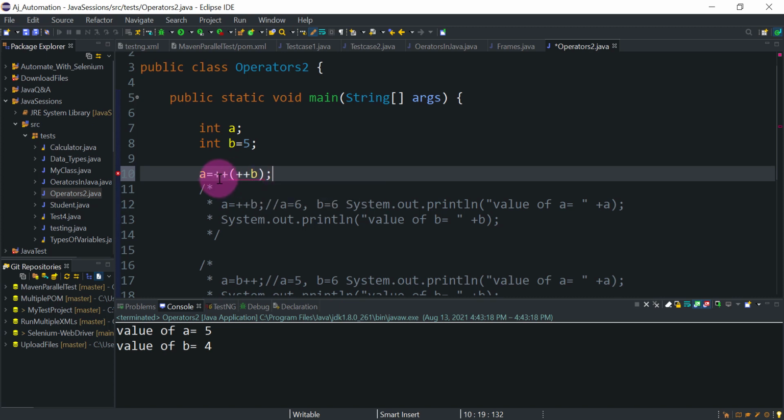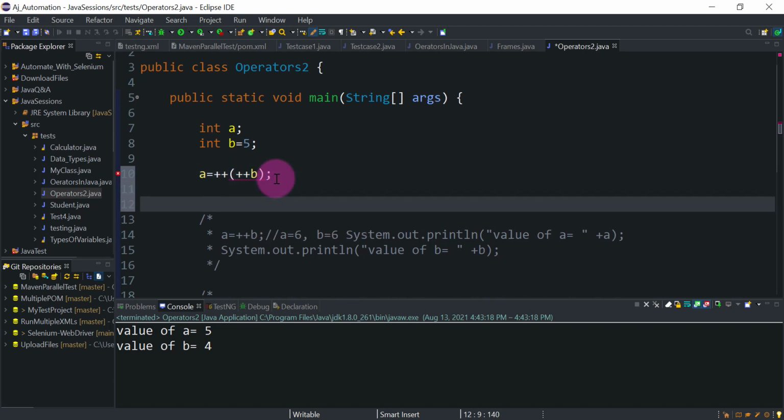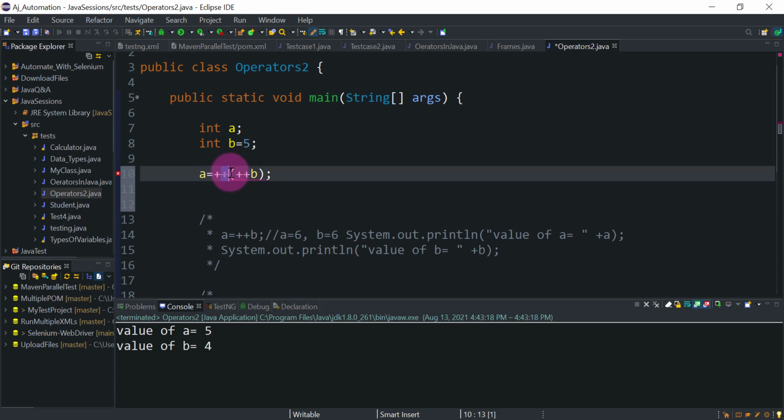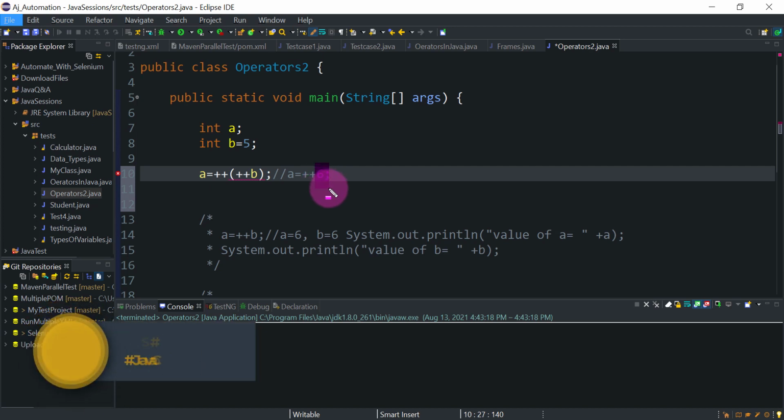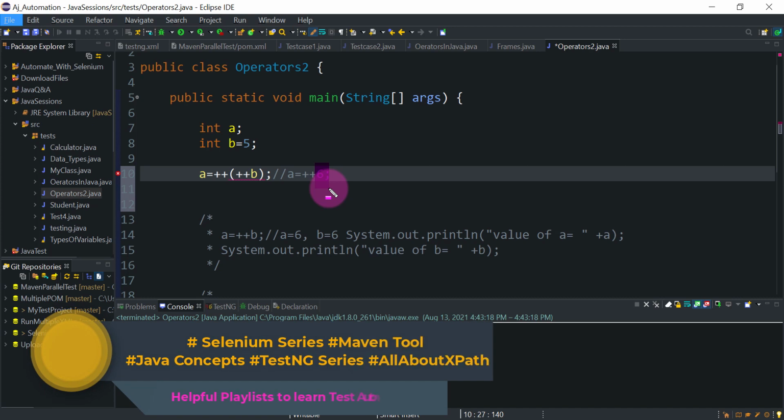So you can apply increment or decrement operators to a variable. What will be the value of this when it is going to solve the expression? It will solve the bracket first, right? So the bracket means ++b, the value of b will be incremented first, so that will become 6, right? So 6 is an integer value, it is not a variable, it is a constant value. So you cannot apply increment and decrement operators to a constant value, you can only apply it to a variable.